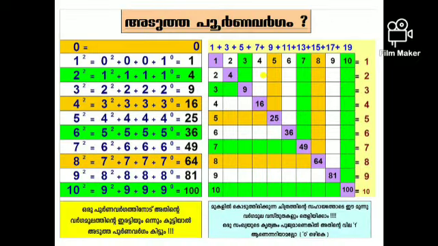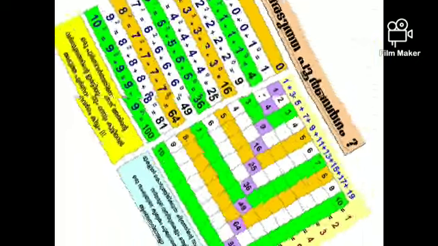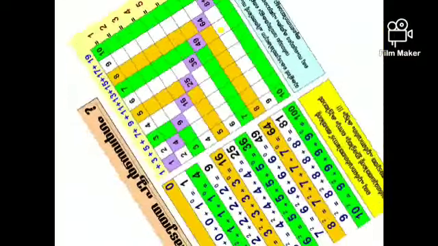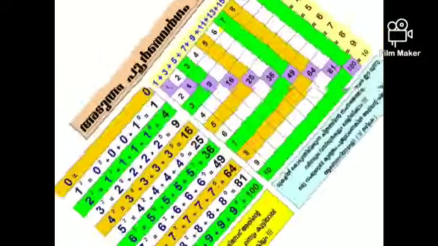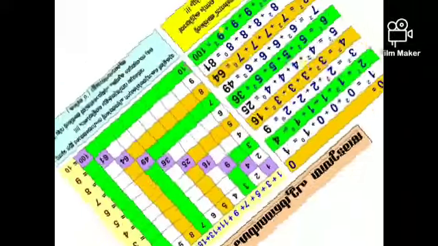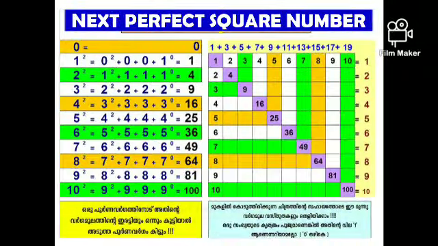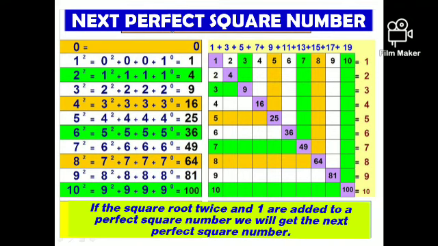Now let's go to the next worksheet, the last one. Here we can see an idea to find out the next perfect square. Here see, square root of 1. Let's leave 0. 1 square is equal to